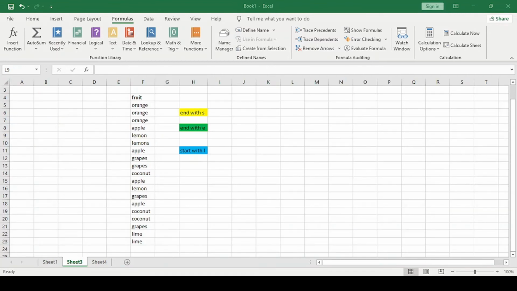All right, so in this next example, we will be focusing on finding data that ends with a certain or a single criteria, and in this case it will be S. So what we want to do is find any data that ends with S. So we can use COUNTIF